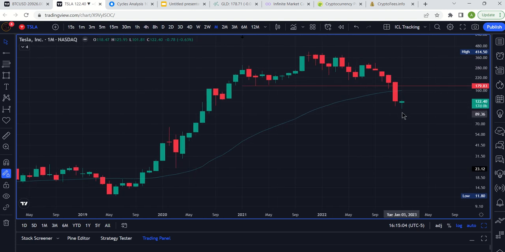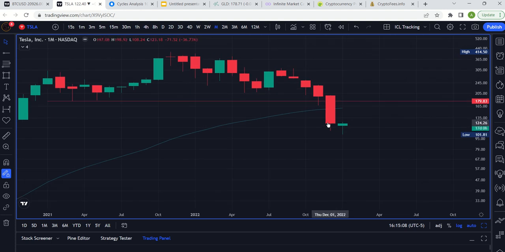Boom! That is a potential bottoming pattern on the monthly. We made a lower low below last month's low, below January's low, and that would target a higher high above last month's candle, or last month's high, which was $200. I don't think we're going to get all the way up there in this case, but that's generally how this